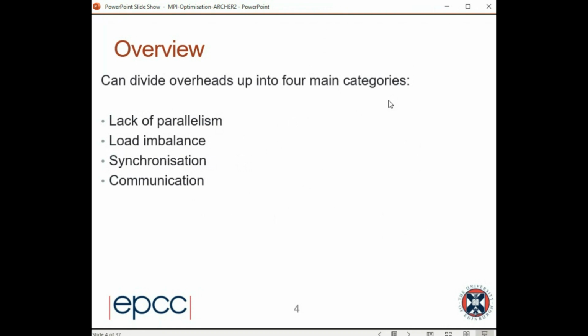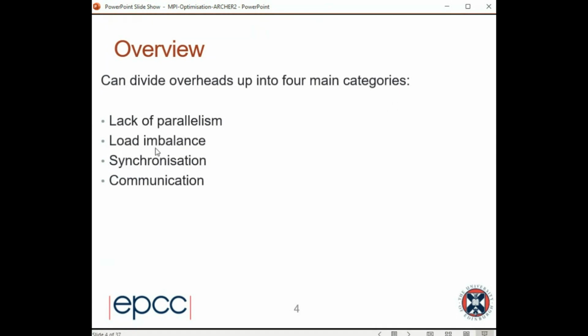Amdahl's law says that the speed up you attain by any parallel program is entirely limited by the serial part. If your program runs for 10 seconds and spends 1 second in a serial part, maybe doing I/O, it doesn't matter how many processes you run on, you're still going to have that 1 second overhead. So if you're spending 10% of your program in serial code, then there's no way that you can run more than 10 times as fast, no matter how many processes you run on.